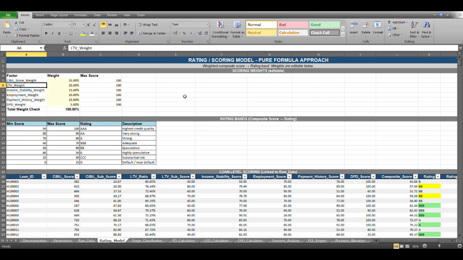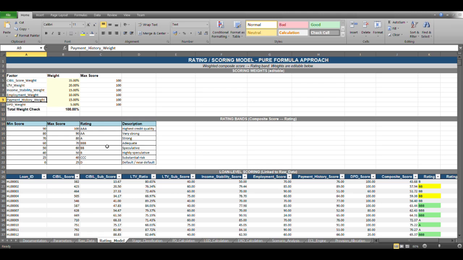Yes, CIBIL score, LTV, income, employment, and payment. And also these ratings are being allocated based on the scores. Basically, you can get this from the client, or you can build your internal model as well, where you are allocating the rating or the score bands to each of the ratings.